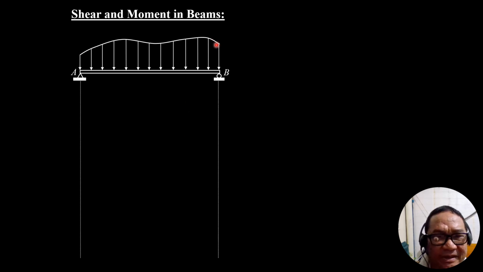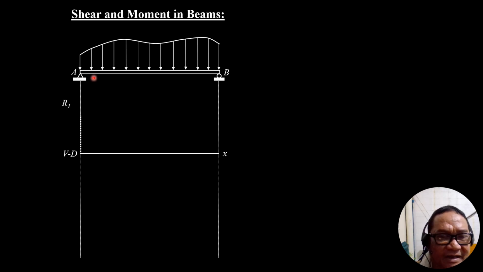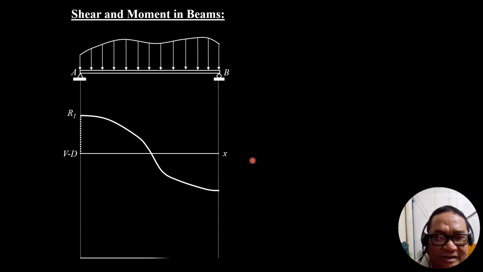So we have shear and moment in beams. This is the shear diagram. Take note that at the start we have to compute for the reactions first. That's the shear diagram versus X, so that we rise by R1. If the reaction there is R1, then because of the loading here, we subtract, and this is the typical shear diagram for that beam loaded up there. So it should close. Then if this is the moment diagram, remember at zero shear, we have maximum moment.